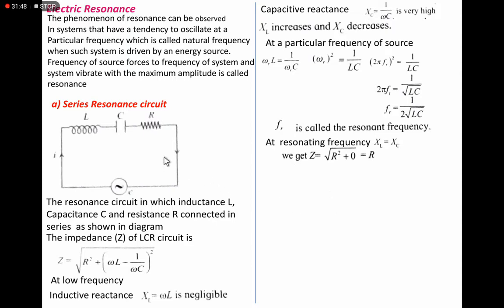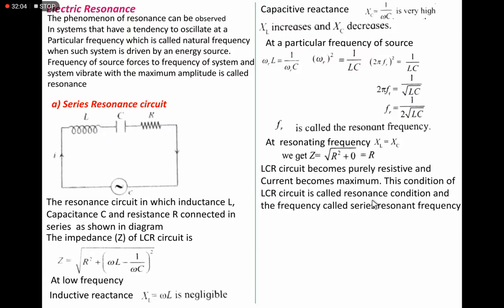It means that the impedance of the LCR circuit becomes equal to the opposition to the flow of the current across the resistance or resistive AC circuit. So the resistance or opposition to the flow of the current in the LCR circuit is minimized, means it decreases. Definitely, if the opposition to the flow of the current in the LCR circuit decreases, the current becomes maximum. This condition in the LCR circuit is called the resonance condition.